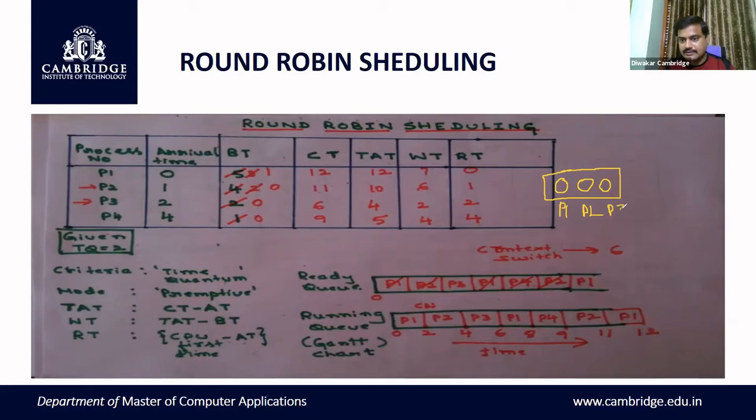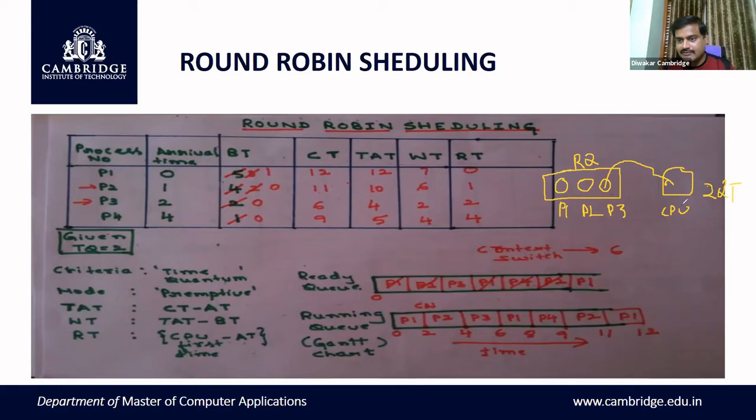Now three processes are there, and you have a CPU here. This is what you call the CPU. Now what happens? This is the ready queue, RQ. Before the process executes on the CPU, it will be in the ready queue. The first process, P3, will get the CPU. What happens in round robin? It will execute only for 2 quantum time, that is 2 QT. That's it.